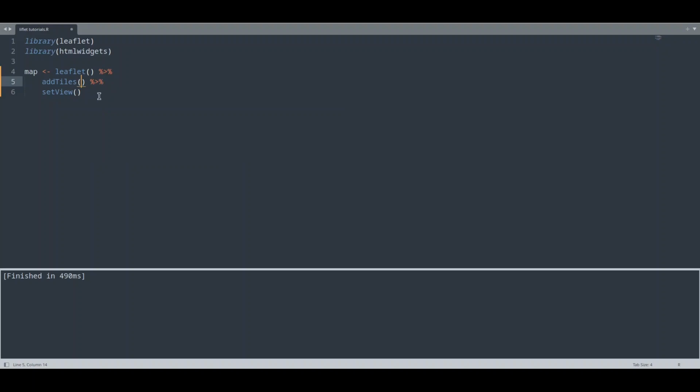But in order to set our view, we are going to provide a few more arguments. First, I want to set latitude to 44 degrees north and longitude to 21 degrees east. And I'm going to add zoom 5. I'm going to save this code, but if we run our code right now, we are not going to get anything